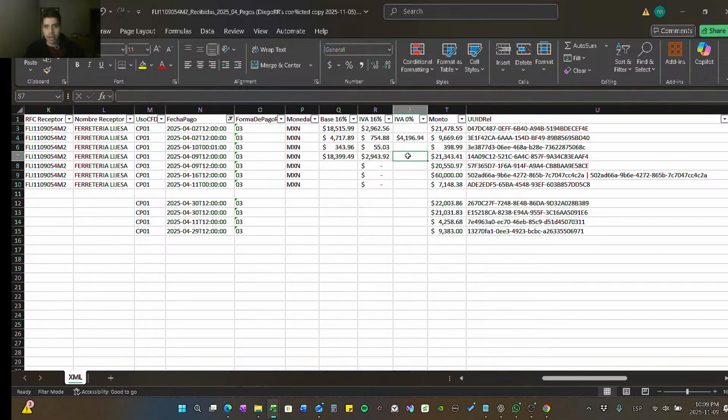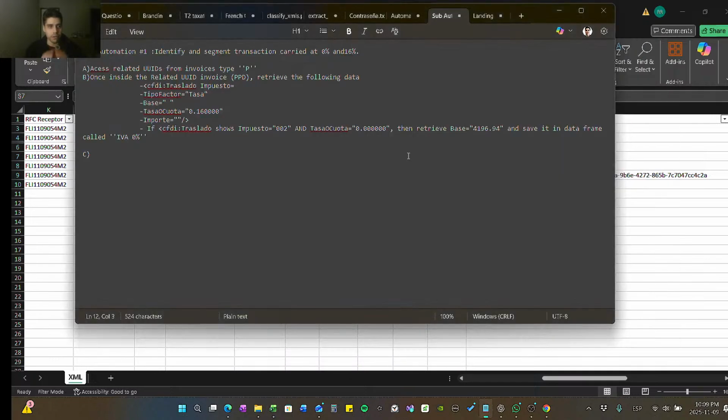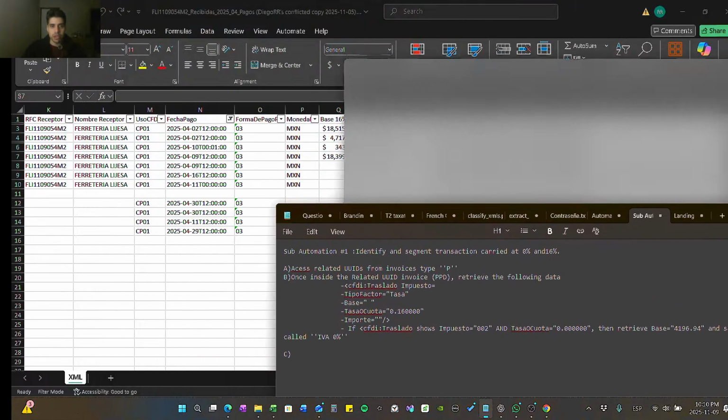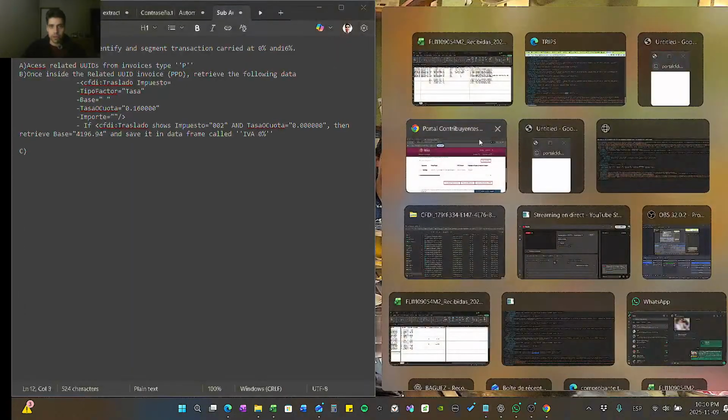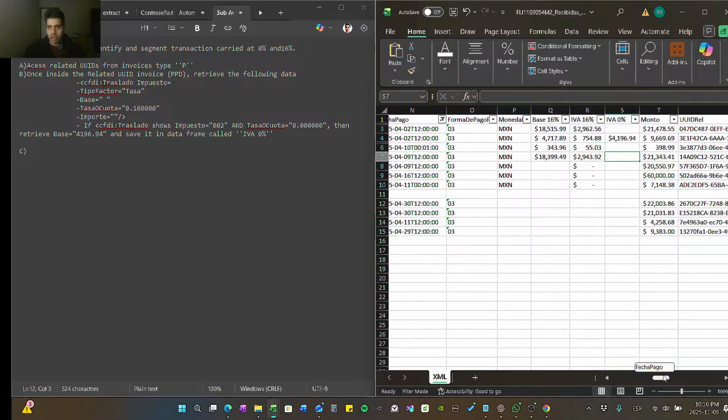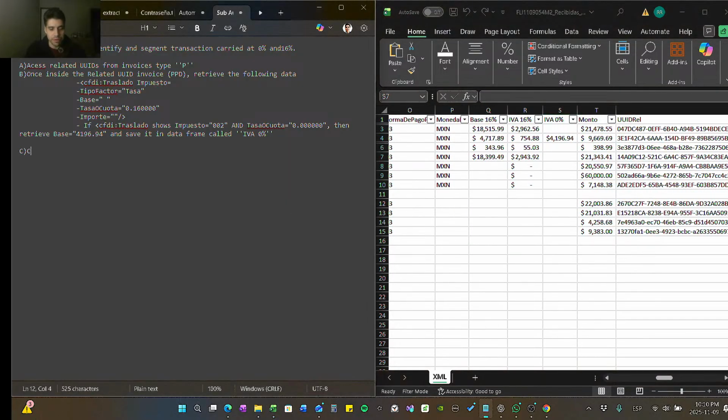And then I will go back to my notepad because now is the moment to establish step number 3. Step number 3 is actually creating 3 different data frames. Each data frame has a business logic